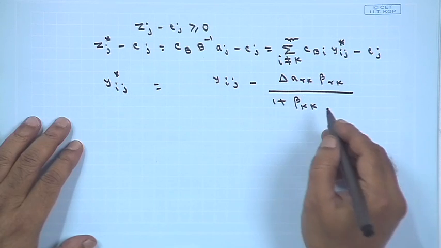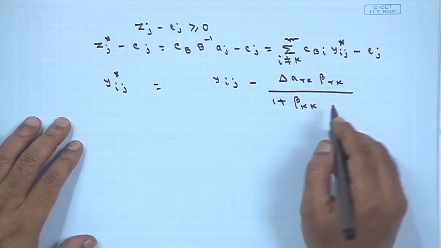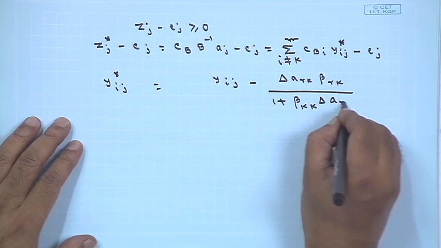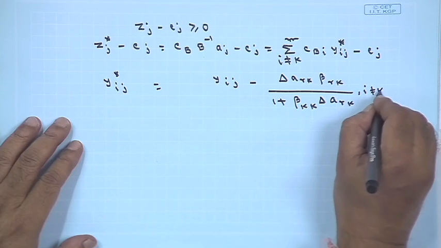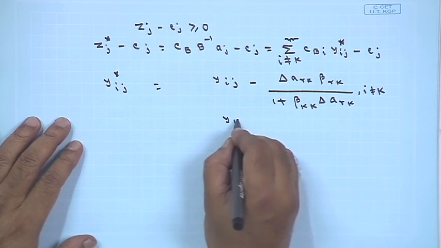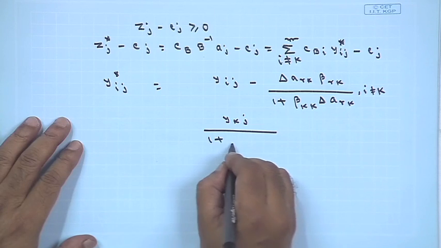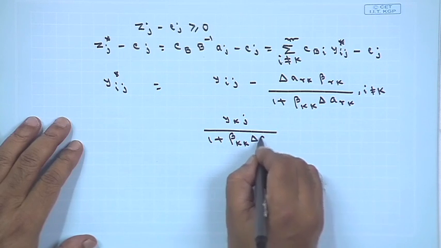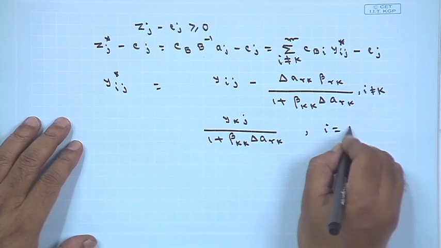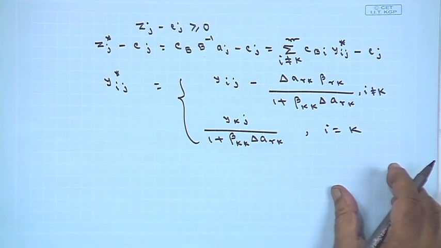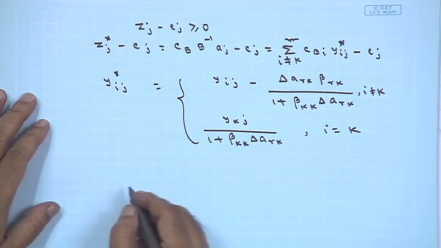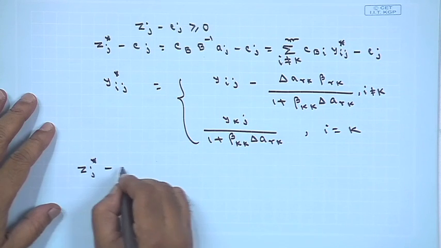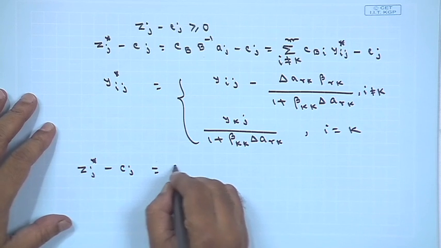This again from this calculation, just like we did the earlier calculation. On the similar way, if you do the calculation, since it is similar type, so I am not showing the entire calculation. I not equals k, and this will be y k j divided by 1 plus beta k k into delta a r k whenever I equals k. Your y j star will become this one. Now, z j star minus c j will then become z j minus c j